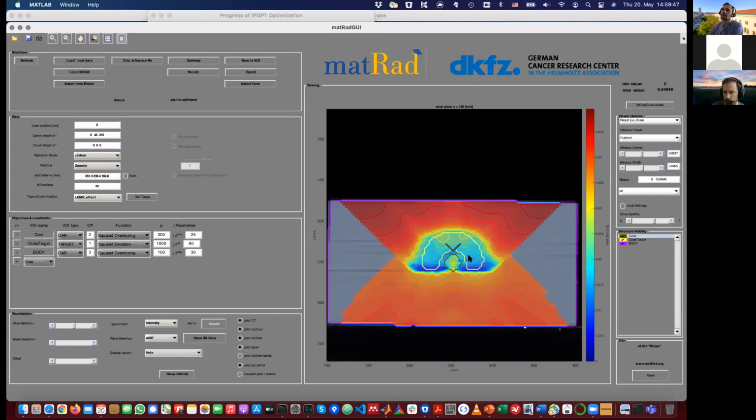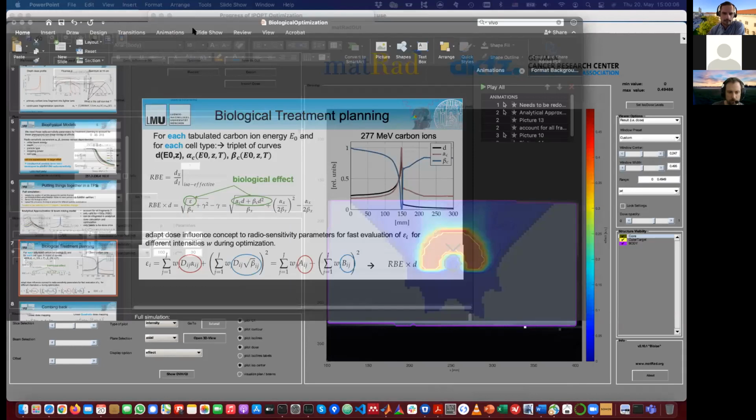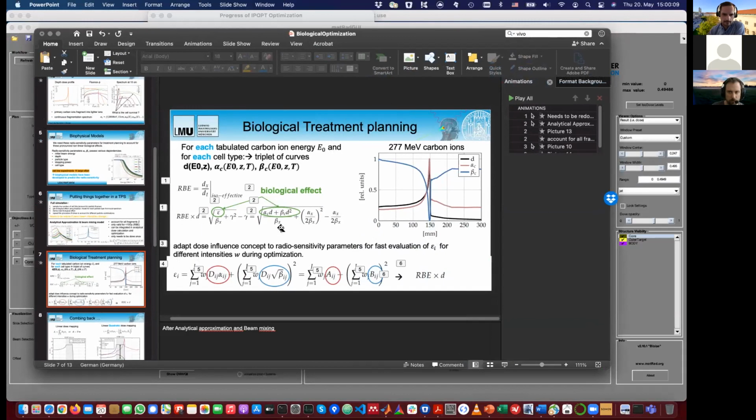And now you can compute essentially alpha times dose plus beta times dose squared, and then you have the biological effect. Then you end up with this distribution. And then if I follow this equation that I gave you here,